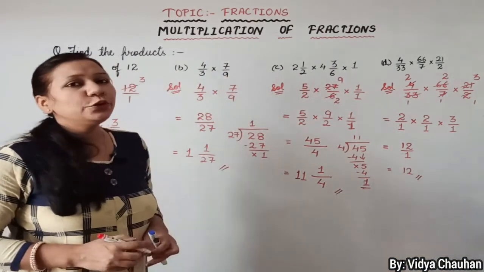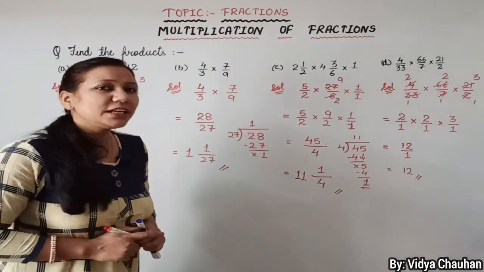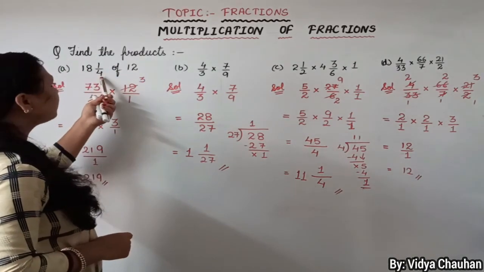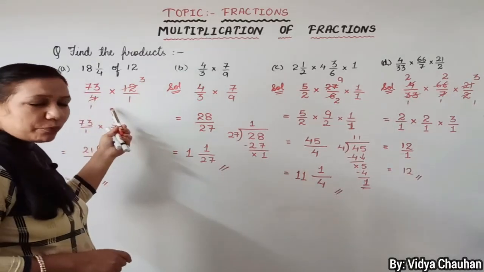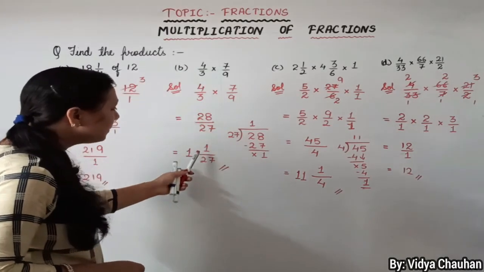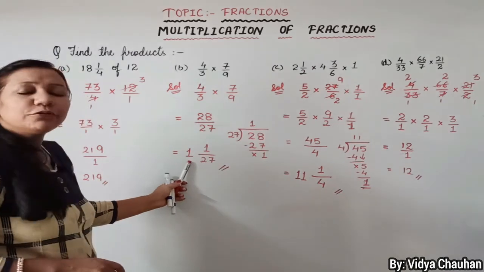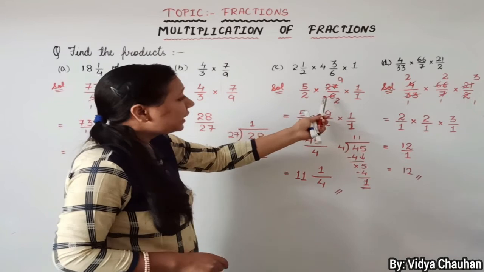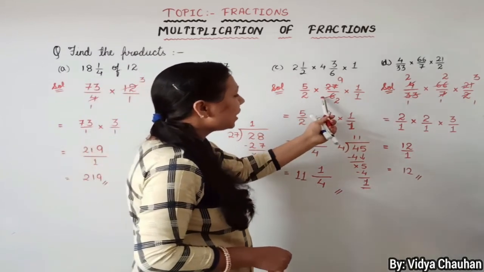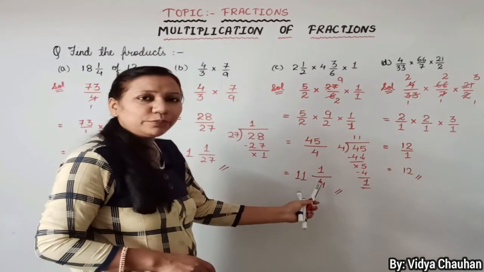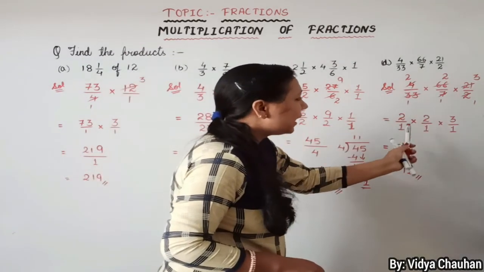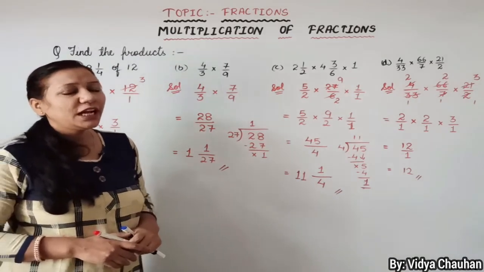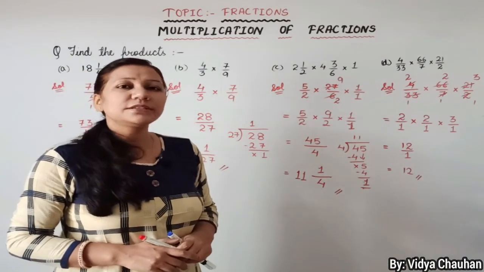So this is how you can multiply any such type of fraction values in which there are some mixed fractions, so you have to change them to improper fractions. If the answer is coming out as an improper fraction, then you have to convert the final answer into a mixed fraction. At the same time, there will be some multiplications in which you have to very first simplify and then multiply. Simplification and then multiplication. This is how you can solve different types of multiplication questions related to